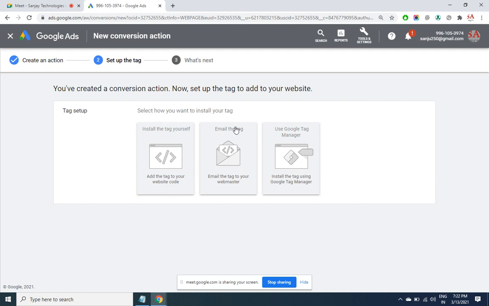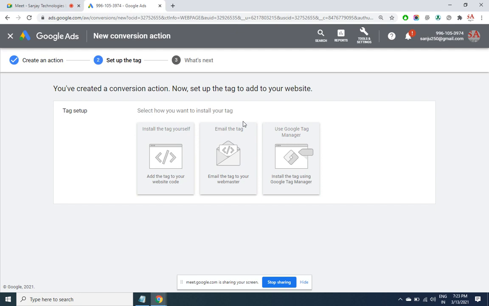Select how you want to install your tag. Now whatever the function is, whether it is sign up or say online payment of the fee, we will have to put this code into that particular event, or in the page load event, or in the button press. So someone is clicking a button, how does Google get to know that?